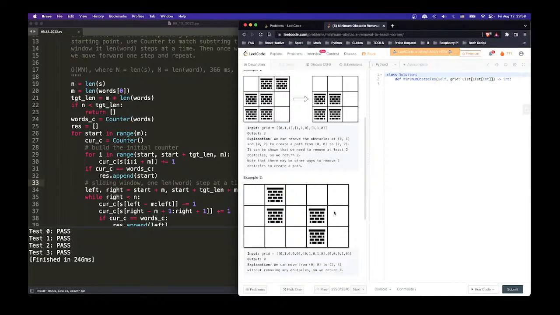The number of obstacles need to be removed. The minimum number of obstacles need to be removed to reach the target. Like this one will be 0. This is 0. If you start from here, that's 1, because I need to remove this, right? So 1. And this,